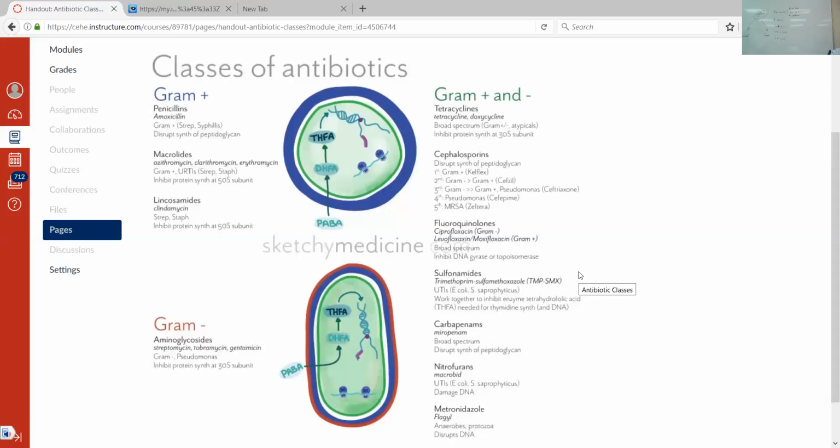So what they do is they will say, if your patient presents with this set of symptoms, it might be this organism. This is the recommended treatment,